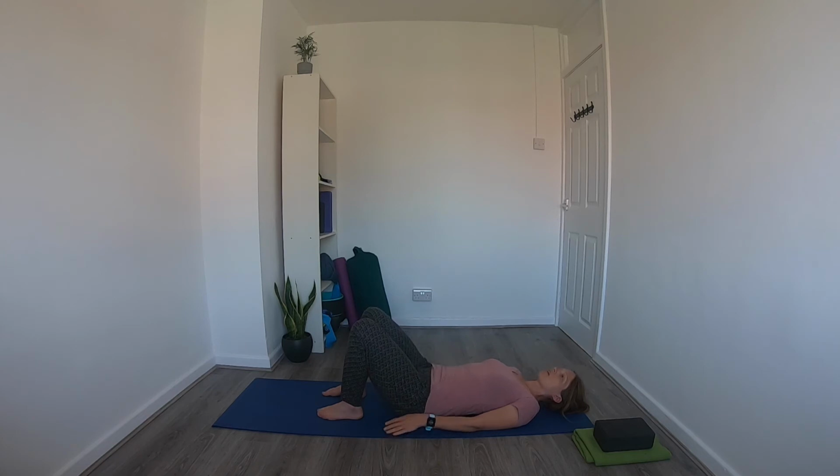Exhale, release. So now we'll do a few bridge movements. This is really great for the glutes and also the legs. We aren't pushing into the arms here, so there shouldn't be any weight in the arms. Just stay down by your side. And while we're here, we want to try and keep a bit of space between the chin and the chest. I like to imagine that there's an apple in between my chin and my chest, so you should always